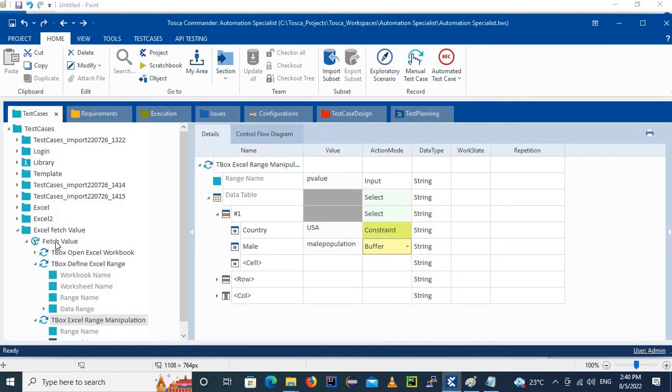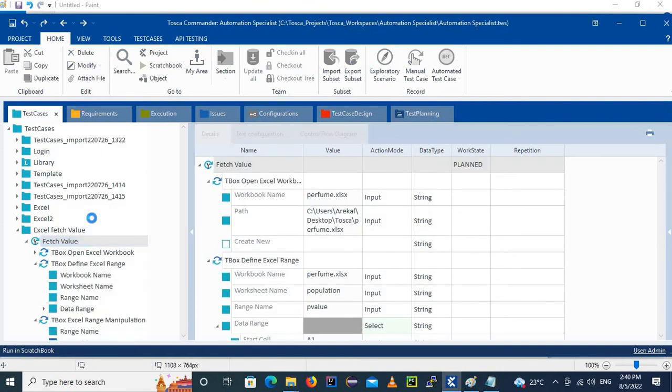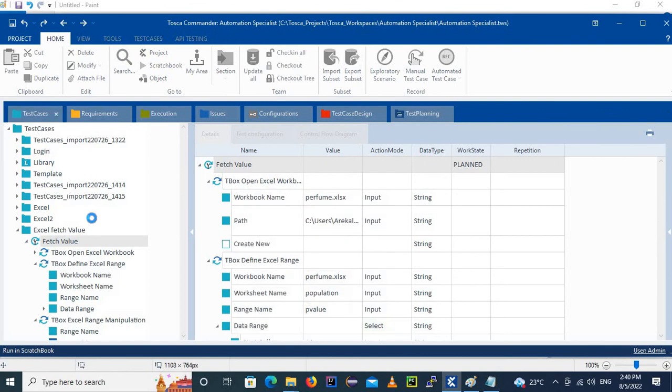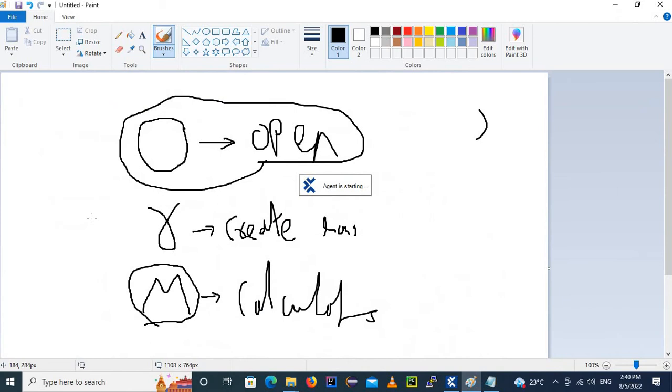Alright, so let me right click here. One of the beauties of Tosca is that this gets run in the back end. It does not even open the file. It would just perform all the calculations in the back end. Since it does that, very little RAM is consumed. So that's one of